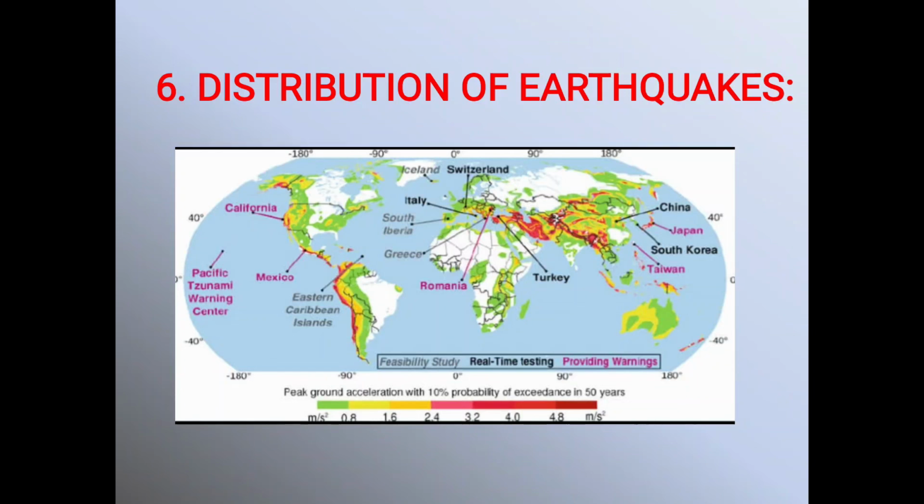Now in this video we will see the distribution of earthquakes, where these earthquakes are found throughout the world. These earthquakes are found in 3 major belts of the earth. The first belt is the Circum-Pacific belt. This belt more or less surrounds the Pacific Ocean and is known as the girdle of fire, or the ring of fire, where the earthquakes originate. Nearly 66% of the active volcanoes lie in this belt. It is coincident with the belt of earthquakes.